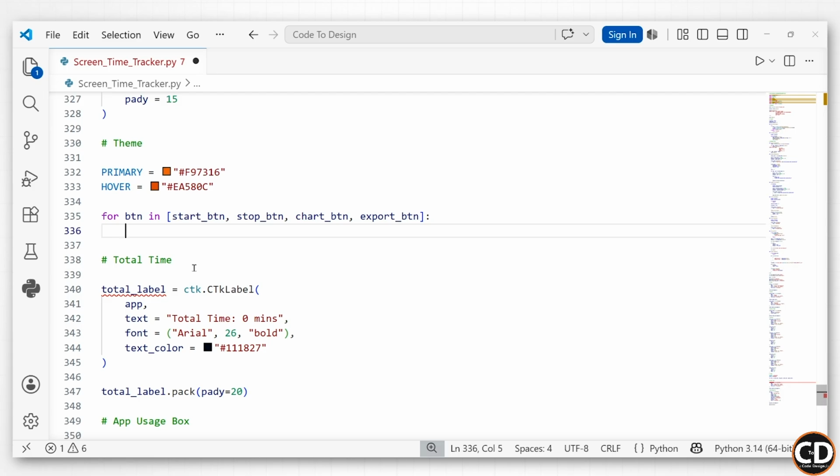During each iteration, the variable btn will refer to one button. For example, during the first iteration, start_btn. During the second iteration, stop_btn. And during the third iteration, chart_btn, and so on. This is much cleaner than writing the same configuration code 4 separate times. Now, inside the loop, let's write